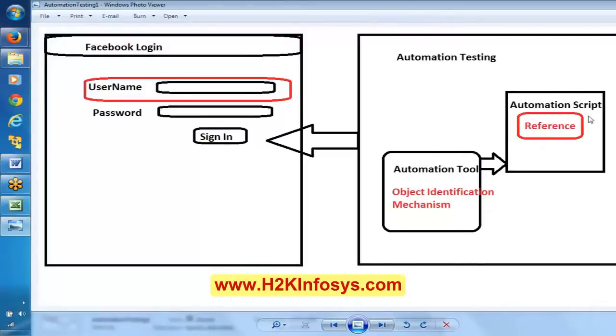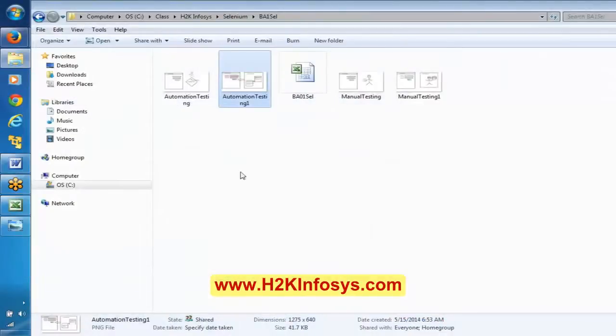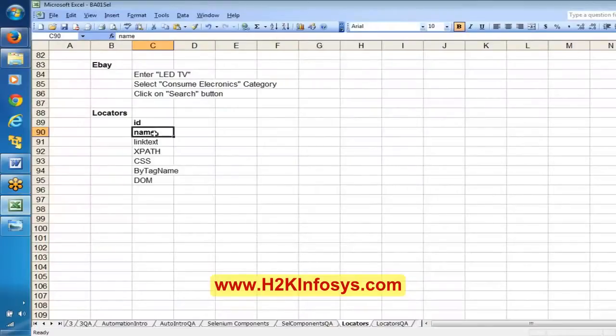Here in this image I was talking about references, right? In this automation script, while writing it, the first preference that we are going to give is for the ID reference, or ID locator. First preference will be given for the ID. If you are able to use ID, we can generally use ID to write the script here. If ID is not available, then the next preference will be given for the name attribute.